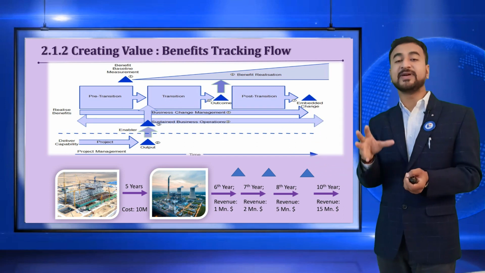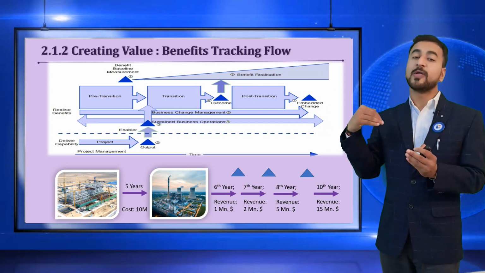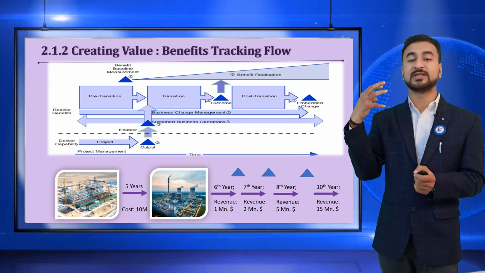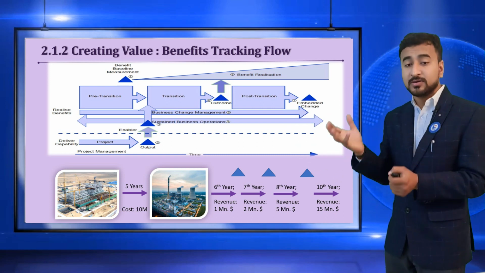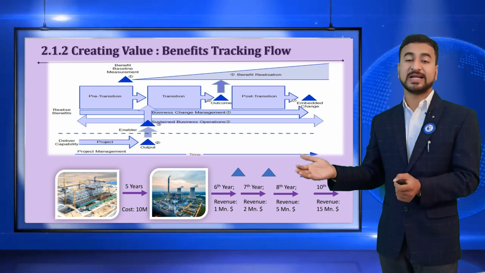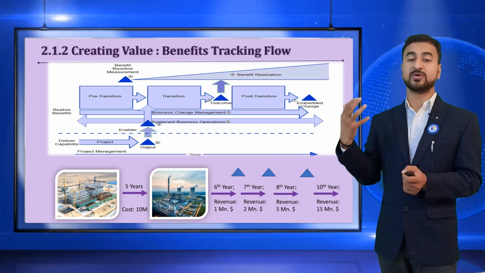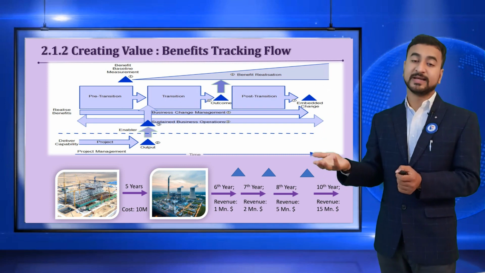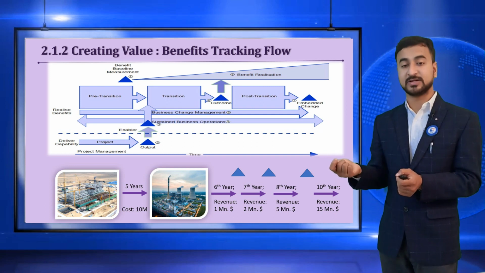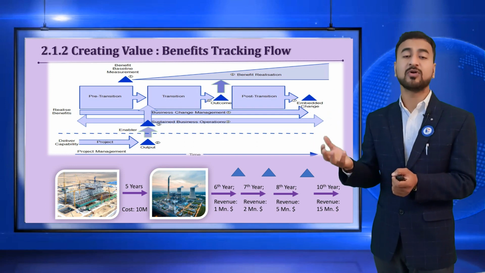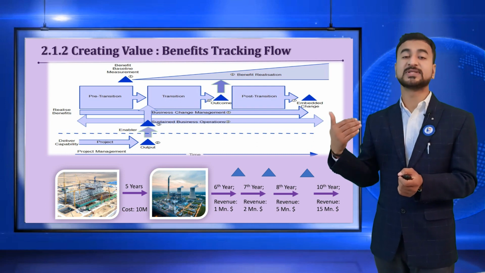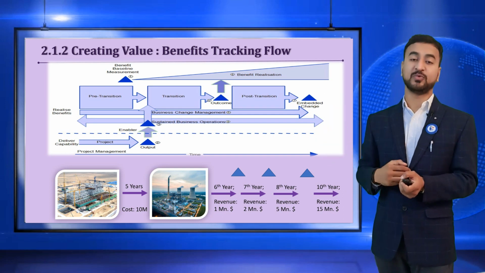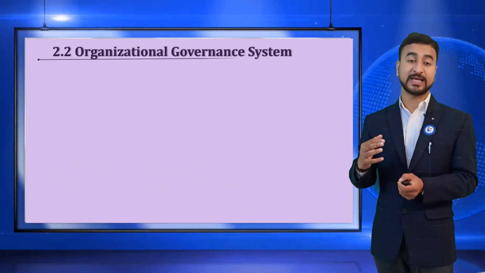So this is benefit tracking and how the information flows. During the operation in the 7th or 8th year, if you started with a business case that your thermal power plant generates 1000 megawatts of electricity every year, but because of some maintenance issue it's not able to generate that, its productivity or efficiency decreases by some percentage and it generates only 500 megawatts, then you need to intervene and come up with other projects to back up and bring that benefit tracking up to the mark. So this is how we track the benefit.